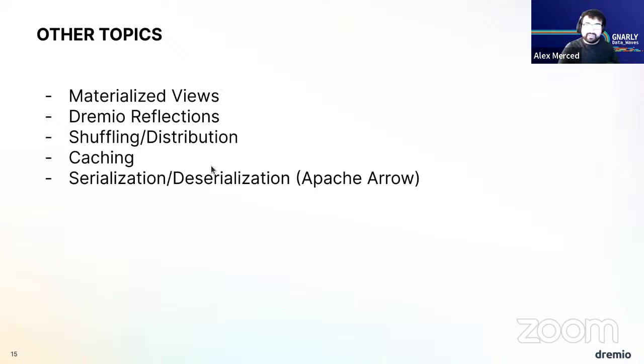Again, shuffling distribution. Whether you're using Spark, Dremio, or something like that, depending on how you set up your job, some operations might result in more shuffling, meaning more moving of data across the different nodes on the cluster. What you'd want to do is figure out which operations cause it, and you would do this query by query. So you would have a job you were trying to speed up. You would want to analyze the job.